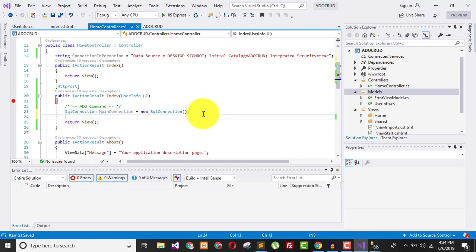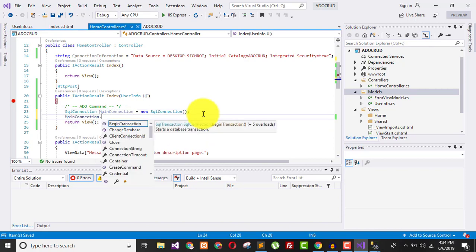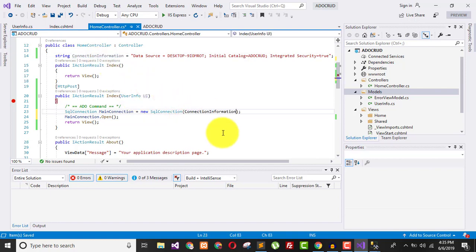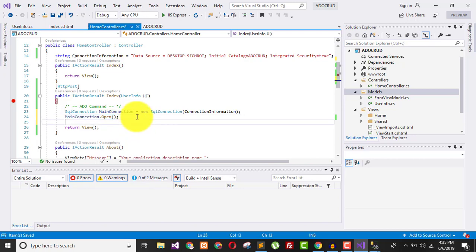Okay, this one is the main connection dot open. So this connection will get open, under which we will process information. But before this, you need to define which connection information you are going to connect. So we will pass this parameter under this SQL connection object. So now this connection is open. When this connection is open, let me close this connection, main connection dot close,